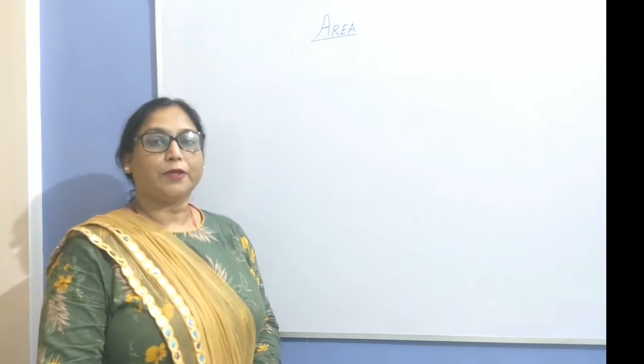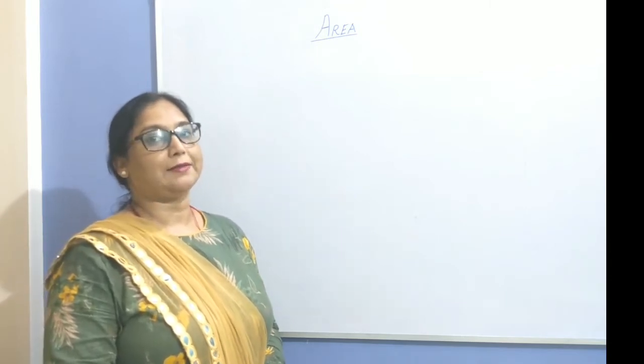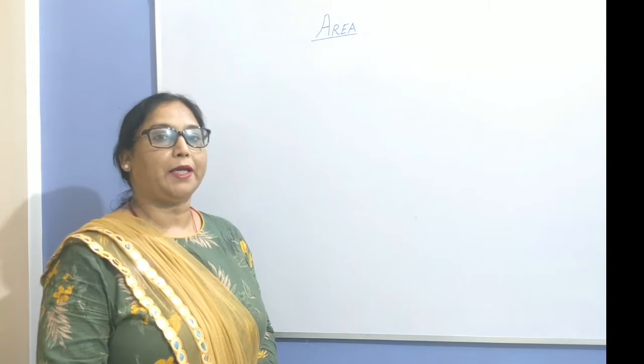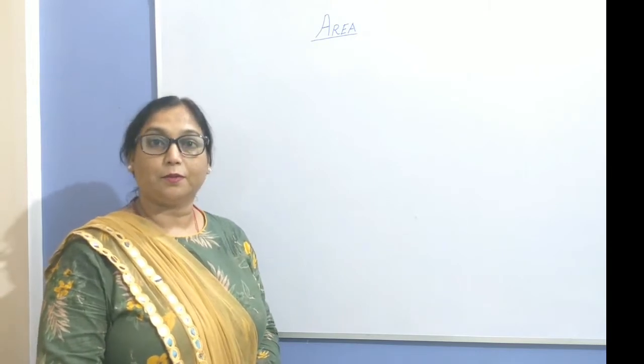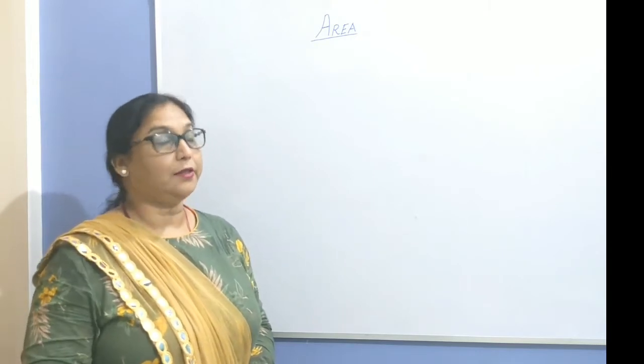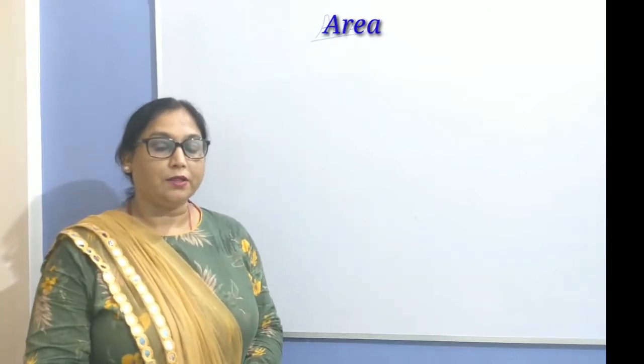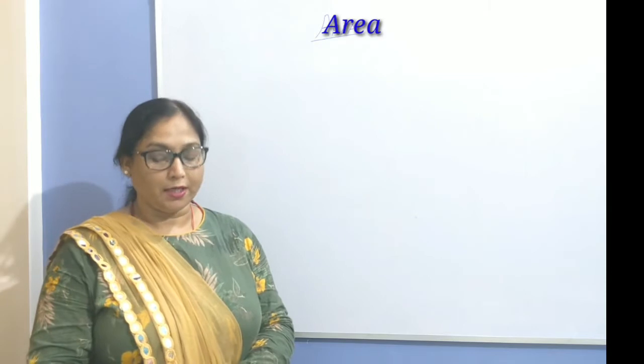You would have completed the questions of exercise 1A, which was based on perimeter. Perimeter means boundary length. Now let's learn area. In this exercise, you will learn to find the area of a square, the area of a rectangle, and then we'll learn how to deal with questions based on daily life problems of area.